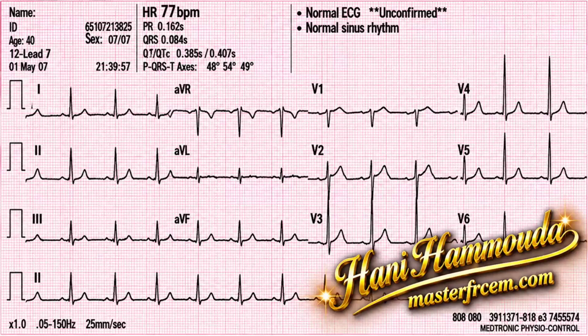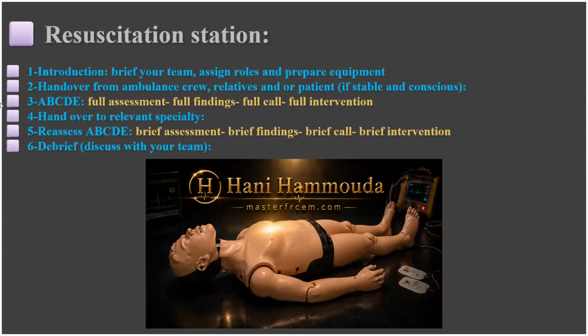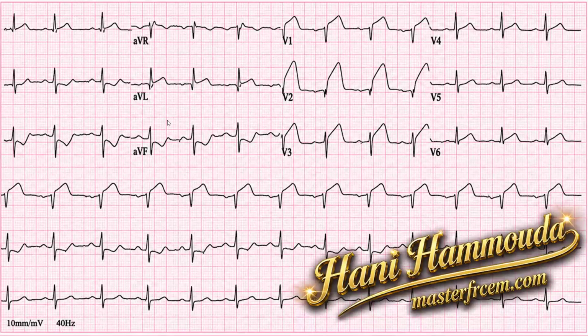Okay. What do you think, Michael? I don't know. I think I probably missed some steps. Okay, I think you did well. In the start, when you take handover from the ambulance crew, they offered this ECG, right? Yes. Obvious STEMI, right? Yes. I don't care what is the type of STEMI, whatever, anterior, posterior, inferior, lateral. So this patient needs a PCI. You did not mention STEMI alert. You did not mention activate cath lab.